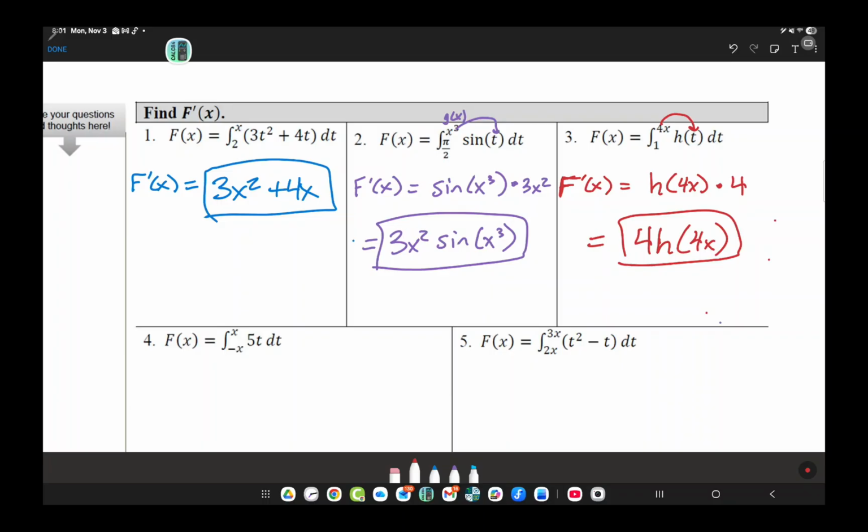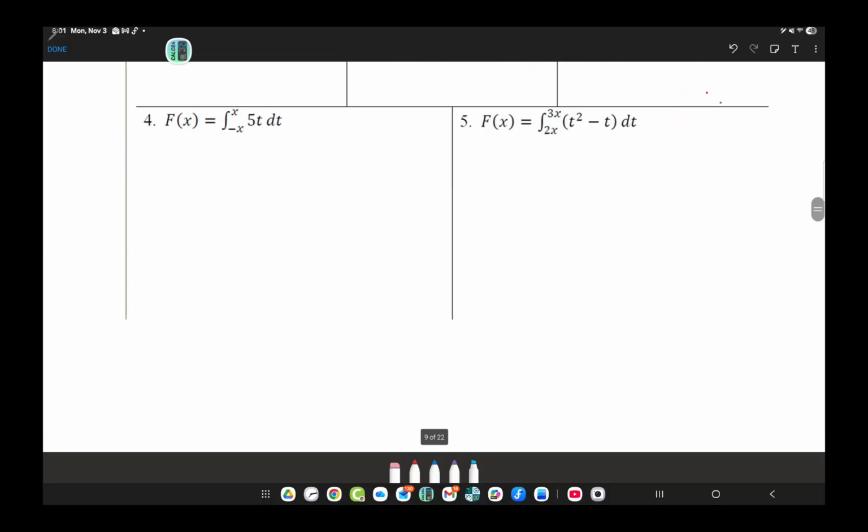Now, 4 and 5 are a bit different because my lower bound is not just a simple constant. So what happens when your lower bound is not a constant? Just so you note this, if I happen to see capital F of x is equal to the integral from x to a constant of f of t dt,